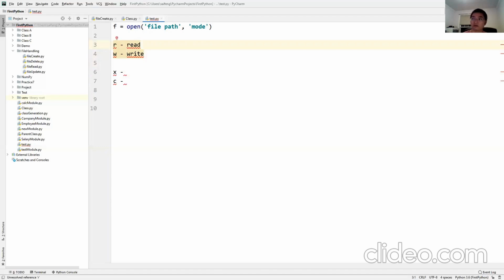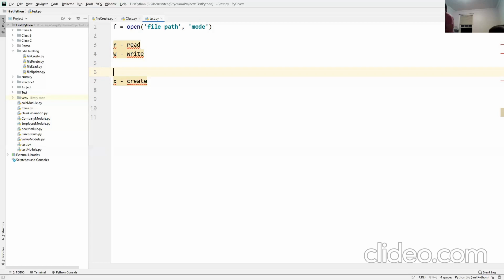So R for read is correct. W for write is correct. And then we have two more. Nathan, do you remember? Oh, we don't have C, by the way. X is make a file. X is create. Another one. A is append. Good, so A for append.